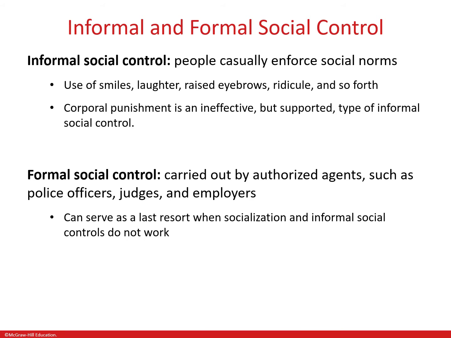Sometimes informal social control can encourage people to violate social norms. What I mean by this is that in the case of binge drinking, for example, on college campuses, it may be socially acceptable to conform to drinking behaviors among peers in, say, a fraternity house or sorority house where parties are going on. And you've got students of different ages, students who are of legal age to drink, but a lot of times they invite the younger student body into their parties, but there have been some negative consequences.